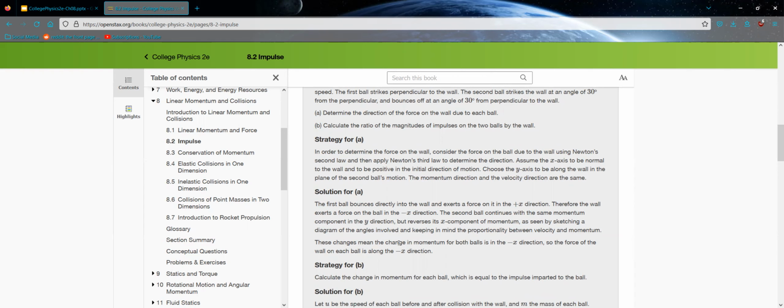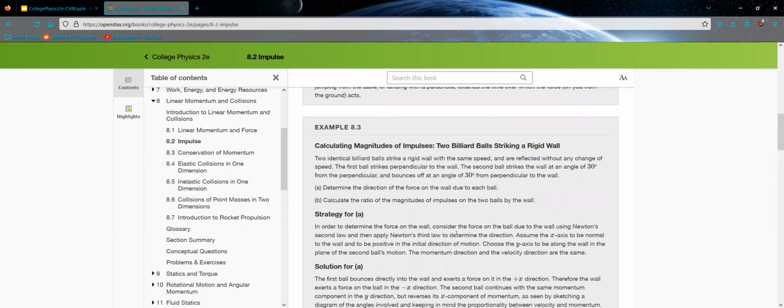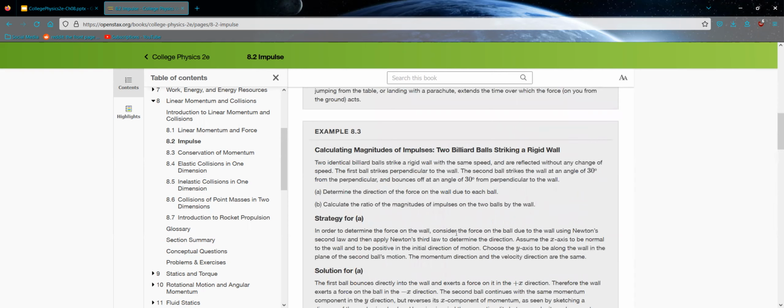Since it's striking at a 30-degree angle, whatever is coming off is also going to have an x and a y component. However, they're still going to be proportional because we have this magical no reduction in speed from the billiard ball striking. So it doesn't matter for the math if you're at an angle or not. Your total forces front and back are going to follow, and the total impulse you put in at the beginning is going to be the impulse you take out at the end,